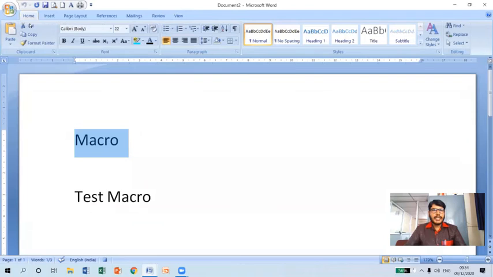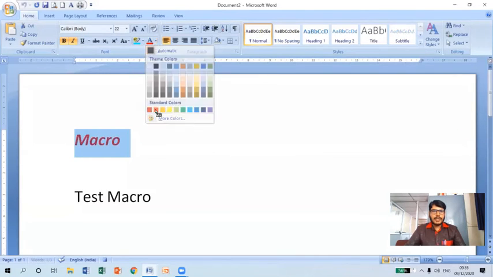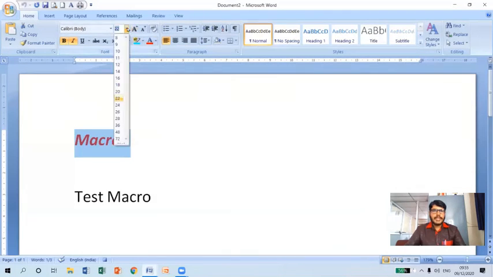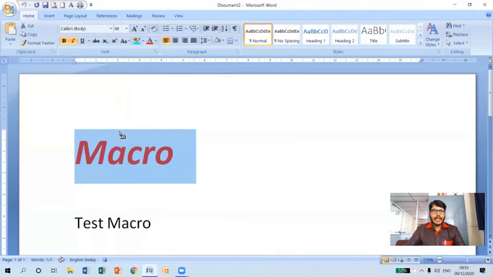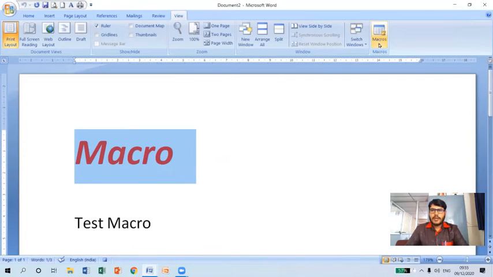Now whatever operations I perform are being recorded. Let me click on the home tab. Let me make it bold, italic. Let me apply the font color here and set the font size as 48. These are the sequence of operations I have executed. Now I will stop the macro recording. Go to view, macros.